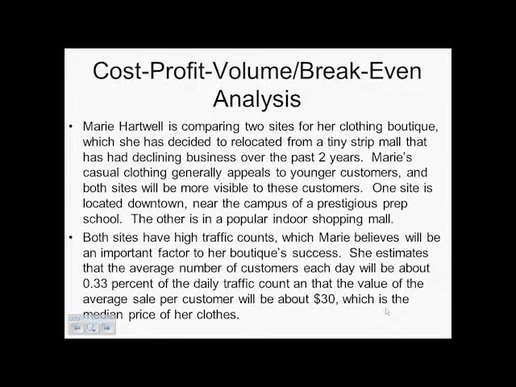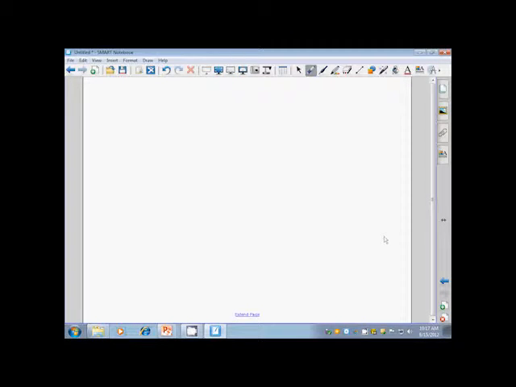In Chapter 5, on slides 12 and 13, we're looking at a cost-profit volume or break-even analysis. With this, we're going to take a look at the information that's given, and then we're going to go and look at the problem. This is actually a cost-profit volume. Cost-profit volume looks at profit. When we take a look at profit,